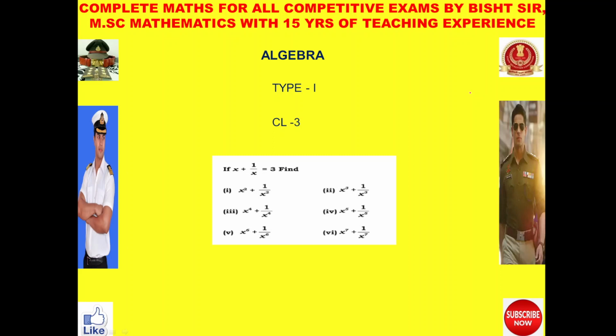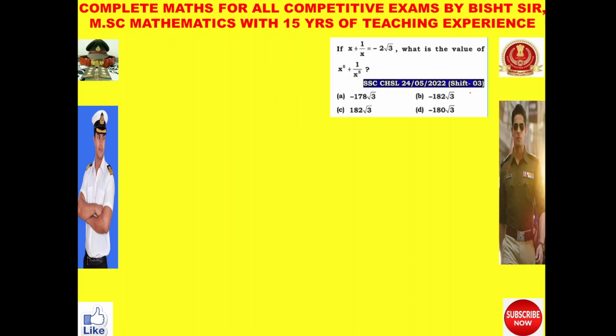In this class, we will do numericals on the formulas which I have already taught you. So come to this question. In this question, it is given that x plus 1 by x is equal to minus 2 under root 3. Now we have to calculate x power 5 plus 1 divided by x power 4. As I taught you, for calculating this, we need to calculate n cube minus 3n